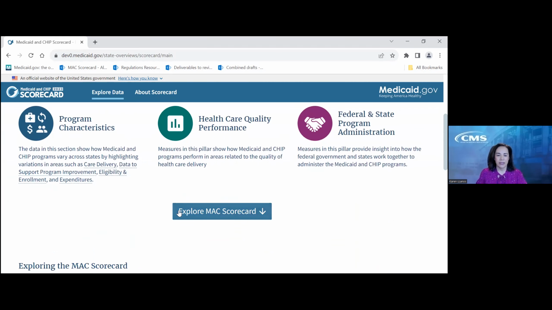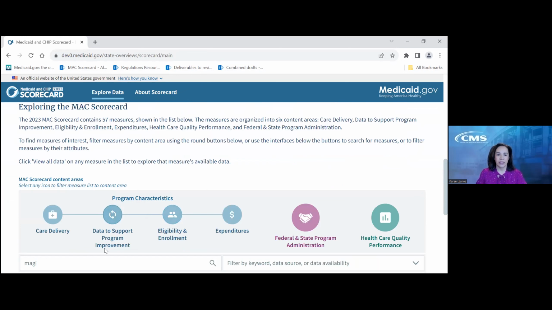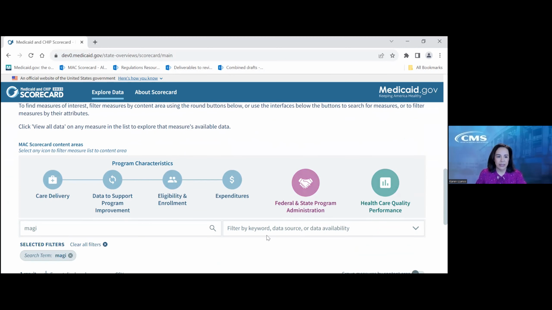There is a quick way to navigate into the measures. We have all of our background information, just called program characteristics, again based on user feedback. So we've got different sections on care delivery, data to support program improvement, enrollment and eligibility, and expenditures. And we've got our other two pillars: federal and state program administration and healthcare performance.